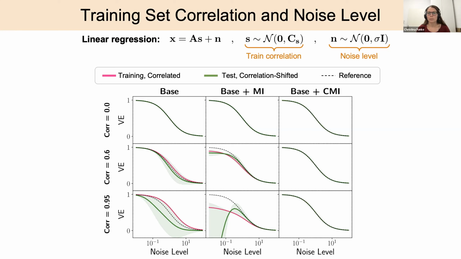Minimizing the conditional mutual information, in contrast, yields an optimal solution which is robust to correlation shift. It maintains consistent performance across all training correlation strengths and noise levels and matches the reference curve from the uncorrelated